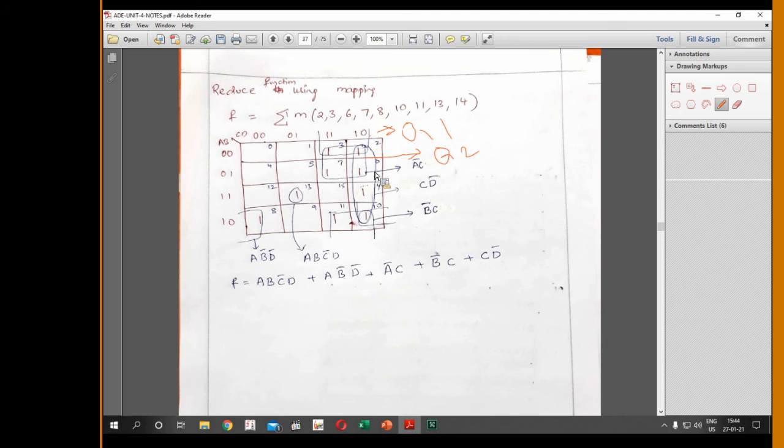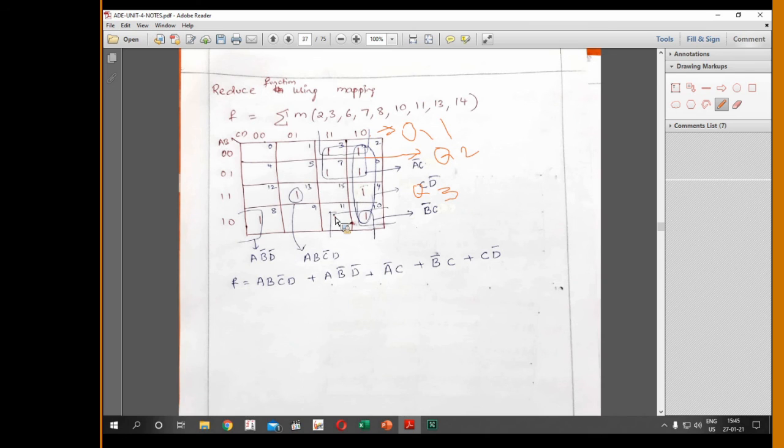If I use these already covered min terms to form a quad, this is quad 3. Then I could eliminate two variables from that min term if I form a quad. If I form a pair with 4, 10, or 14, 10, I could minimize only one variable, so I am not preferring that. I'll go for the big square, which is the quad with 2, 6, 14 and 10. So the total quads available are quad 1, quad 2, and quad 3.